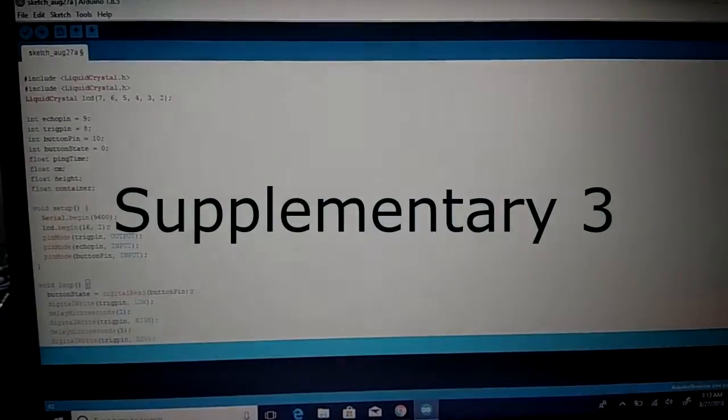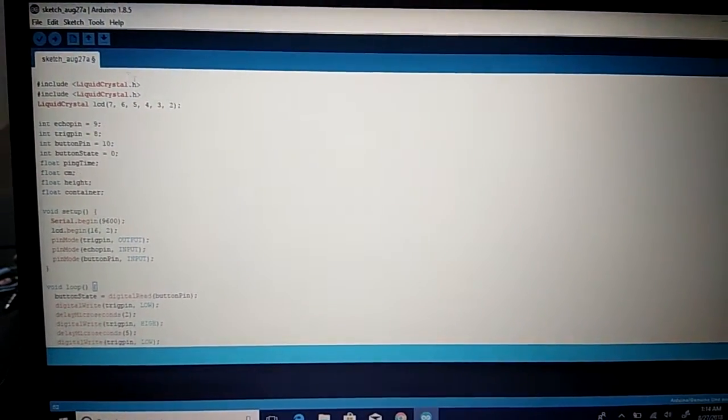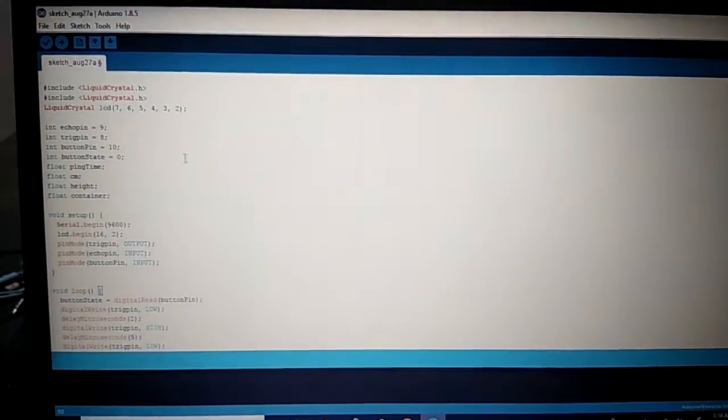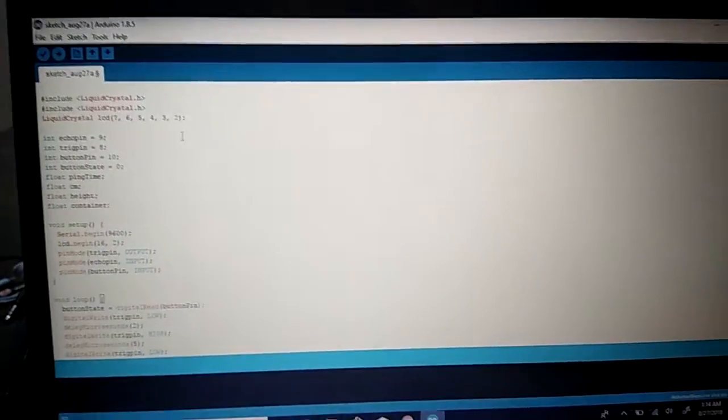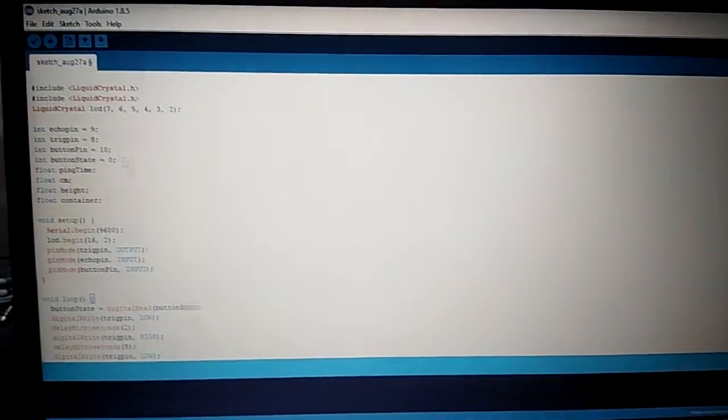We can better show this from the experiment, the actual experiment, which will be